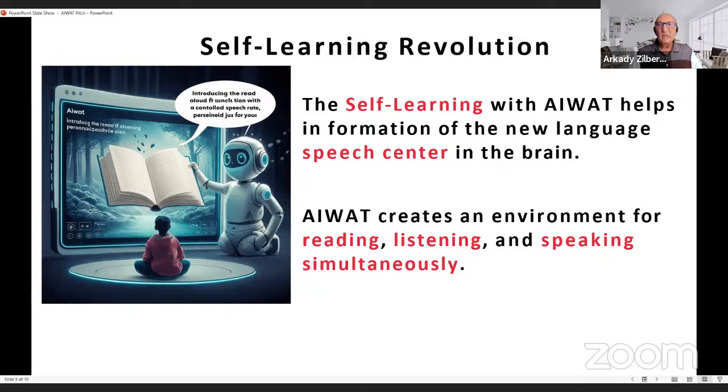When you are reading, listening, and speaking simultaneously, you activate the subconscious mind automatically. Why? Because when you do conscious learning, you can do only 1 or 2 actions. Our brain is not designed to be multifunctional. It can do only 1 or 2 actions. If you perform 3 actions at the same time, automatically you eliminate cross-translation and activate subconscious training.